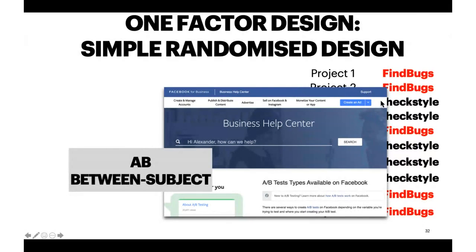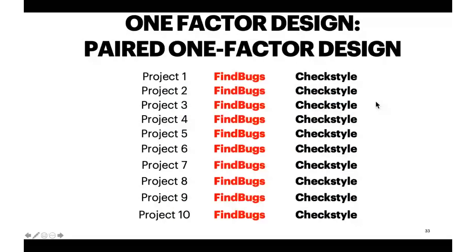But of course, since it's essentially a project and a tool, why wouldn't we just run all tools on all projects? So FindBugs and Checkstyle on project 1, the same for project 2, and so on and so on. This is what is known as paired one-factor design. So it's no longer simple random, there is no randomness involved at all. It's a paired one-factor design. In a sense, it's exhaustive, right? This is how